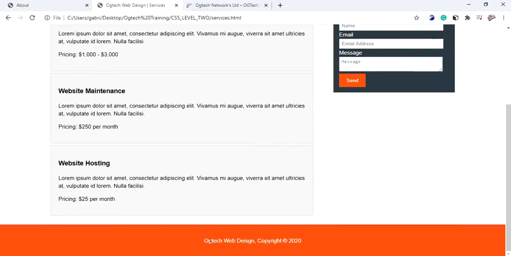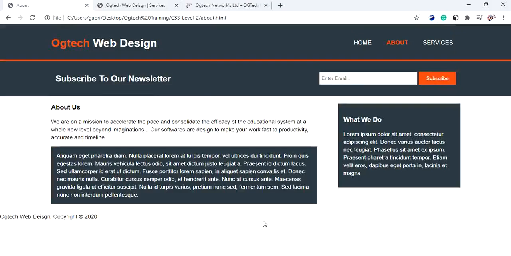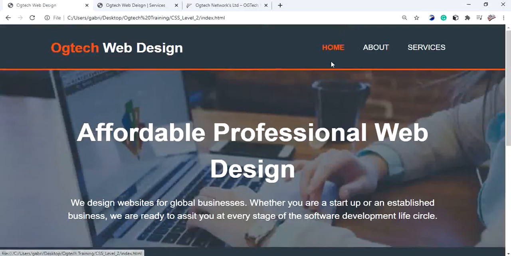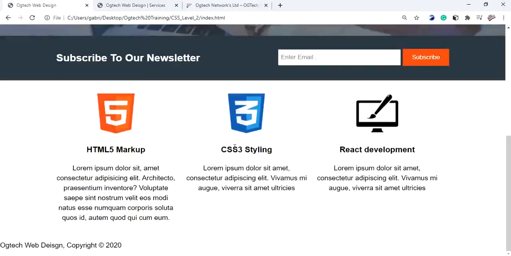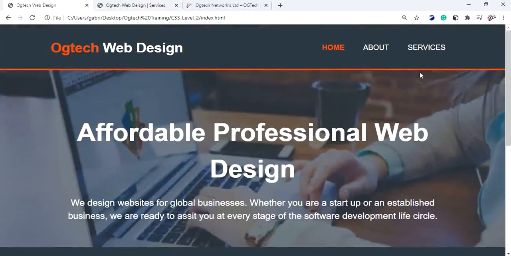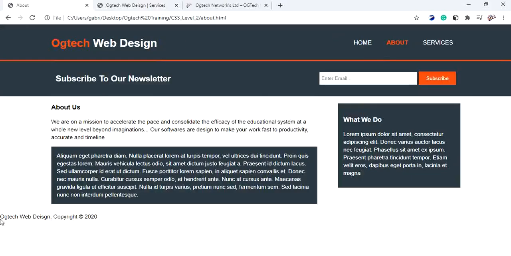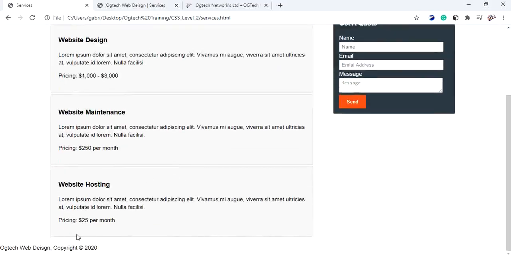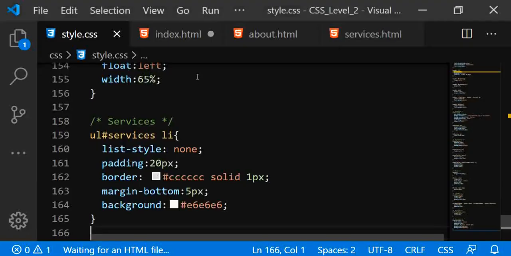So the last thing we need to add now is the footer widget. So I think this will be the last thing for this project, for our website design. This is it, right? Okay. So we need to add the footer widget now. Don't forget that all the three pages have the same footer widget, right? Footer widget. So if I flip back to the code,